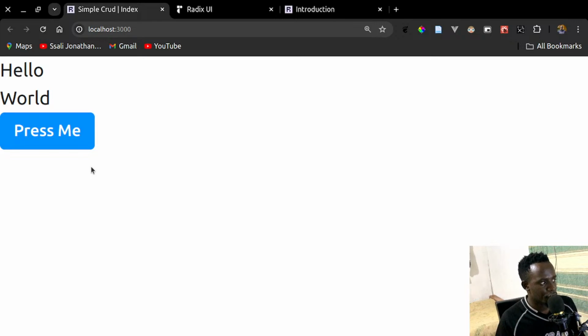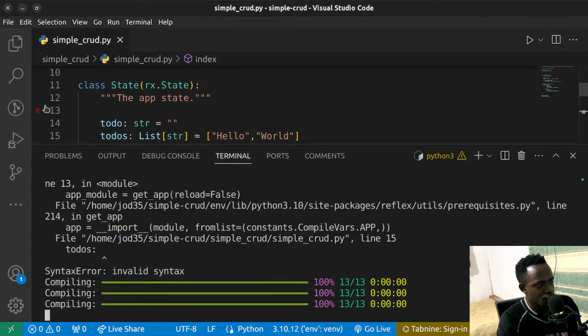Now I think I'll create an in-depth video where we build a very big web app using this framework, and you'll get to appreciate how it works. But for now, all I can do is demonstrate how this works by putting together a simple app. All right, so now that we have these to-dos being rendered from our list of to-dos,